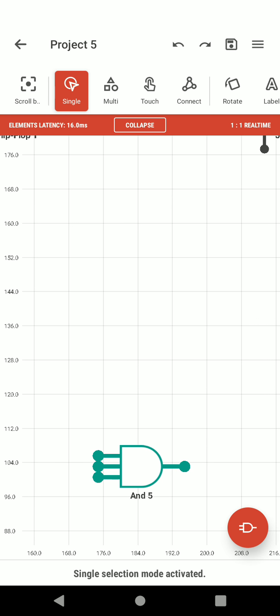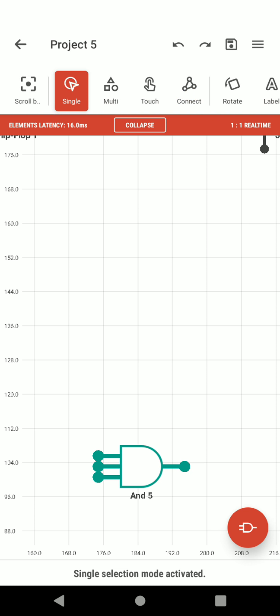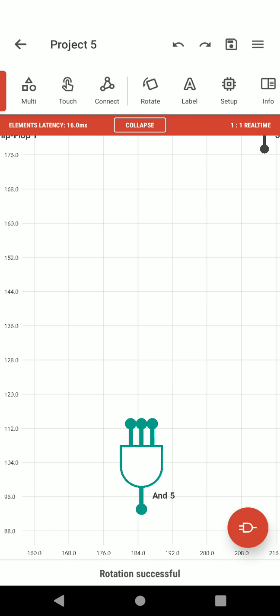And here the 3 inputs of the gate have to be on the right side. So at the top we have options like single, multi, touch, connect, rotate. We need to click on rotate. So the gate rotates.